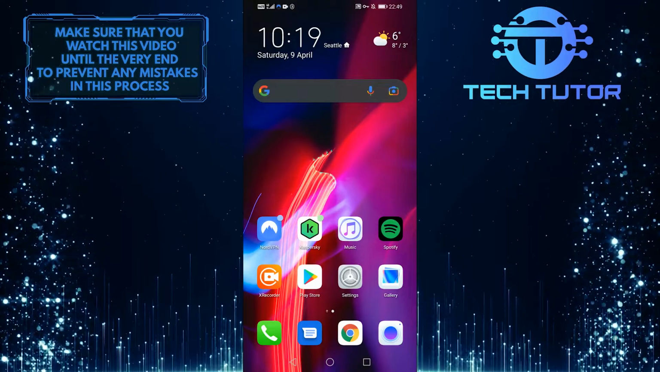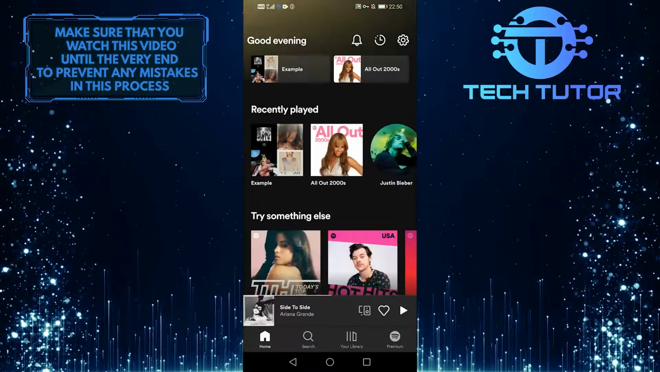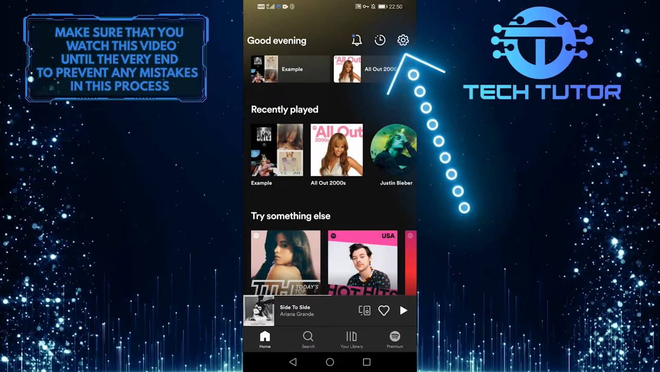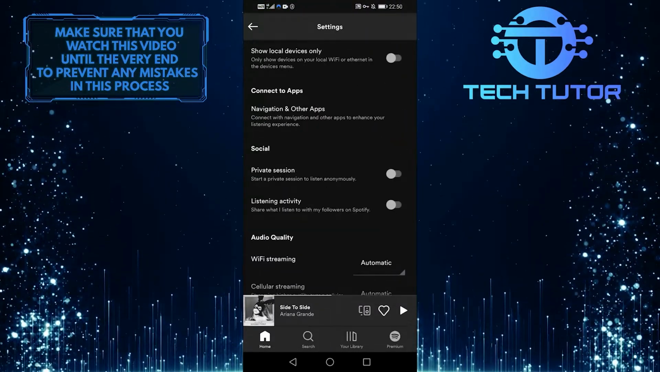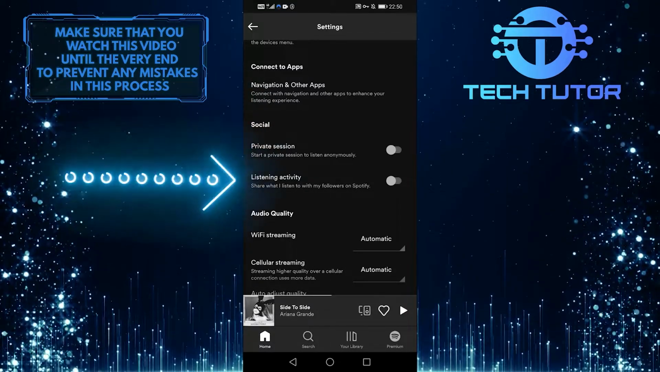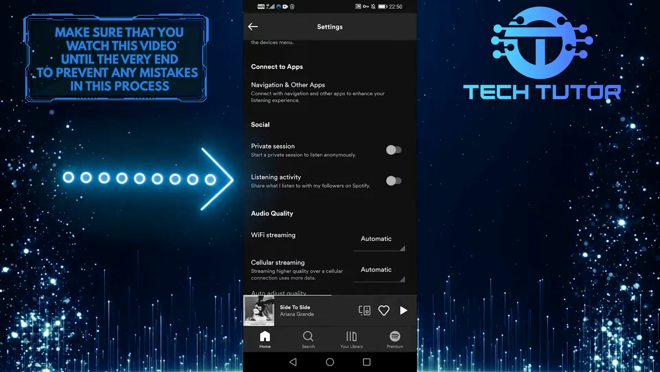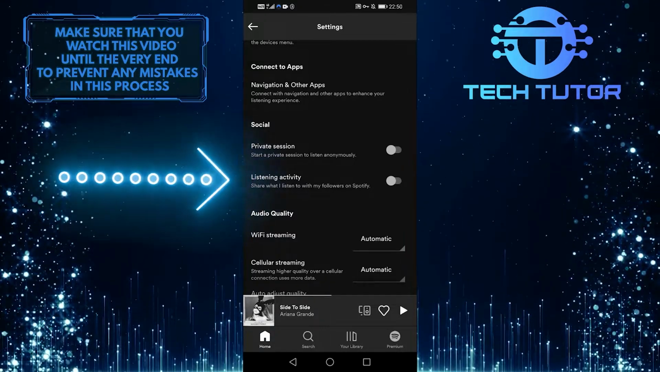That's your first method. The next method is to just go ahead and simply switch off your listening activity, and we'll go back to our settings screen right here and then scroll down to your social settings, which would be right over here. Now, go ahead and simply disable the listening activity. So, what this setting will do is simply hide your recently played tracks from those that have access to your